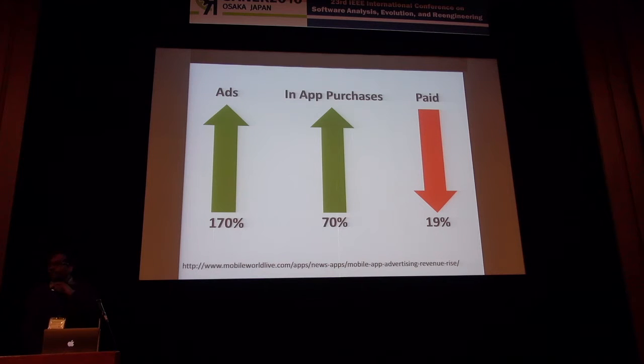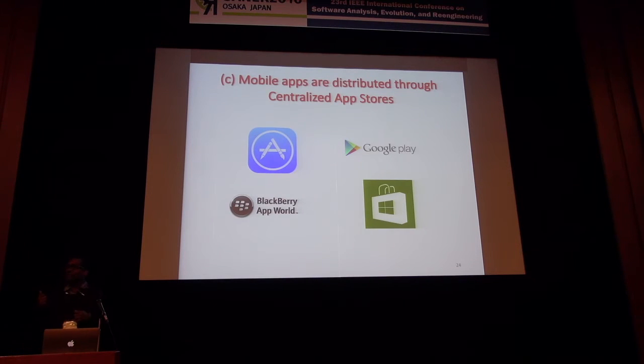And finally, this is the biggest difference, I think, between mobile applications and other applications: they are distributed through centralized app stores. These app stores are a democratic platform. Adobe, which is a multi-billion-dollar company, can sell Photoshop on the same platform that this one developer is selling his Frozen Bubble through, right? So now everybody has an equal platform to compete on.